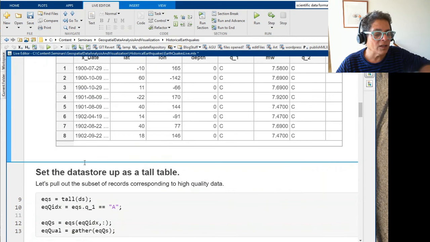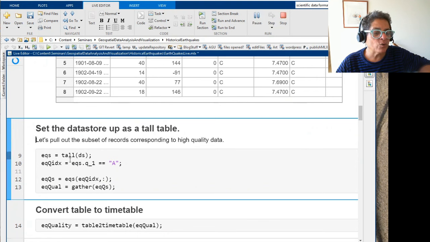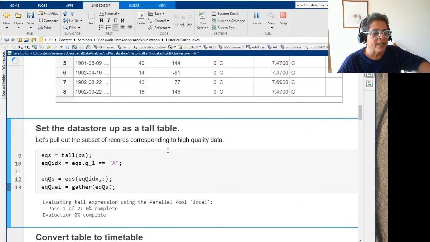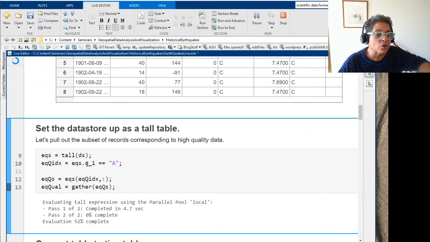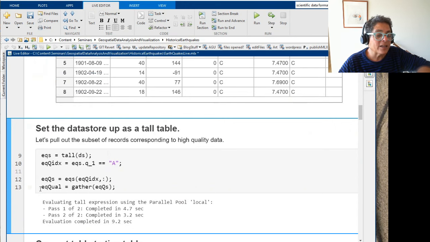Now, what tall allows me to do is take my data store and say, if it's tall, you don't have to read it all at once. You're going to read it a chunk at a time. And what I want to get is just the earthquakes that have the first quality measure, Q_1, equal to A. Notice I don't have to do a strcmp. I can just say equal. And then the ones that are true there, I just index in and I get the earthquakes that are high